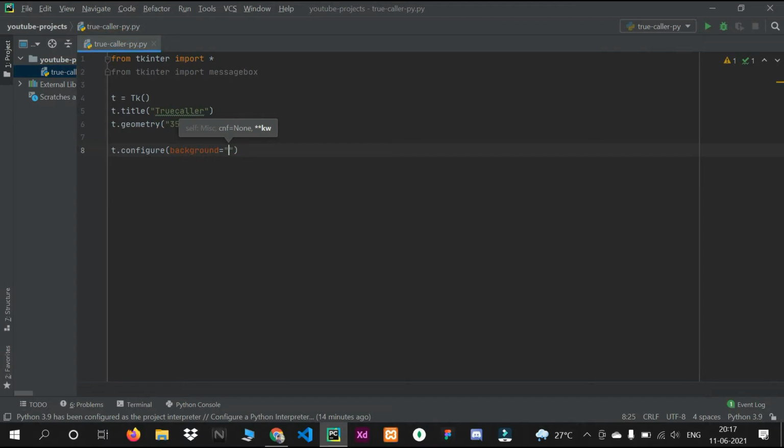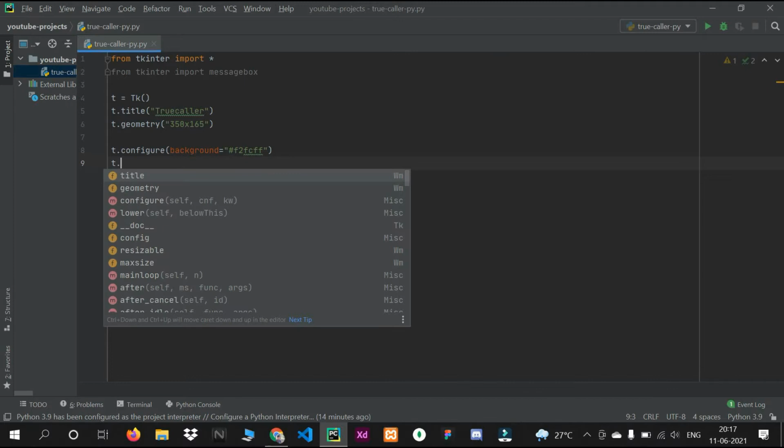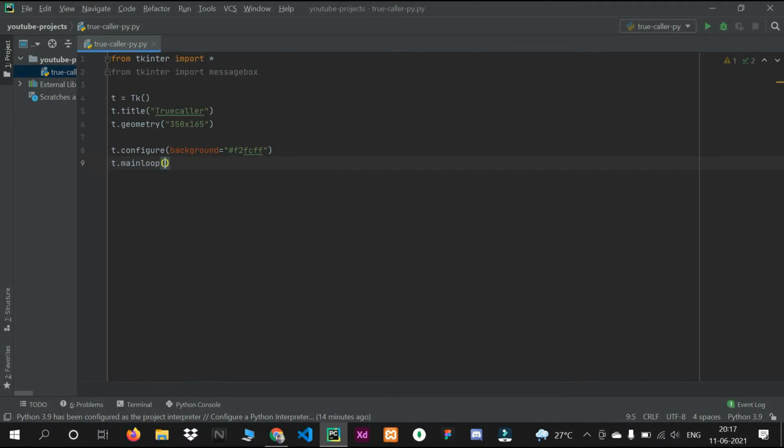I have one code for this color, that is f2fcff, and then we'll run this, for running this main loop.